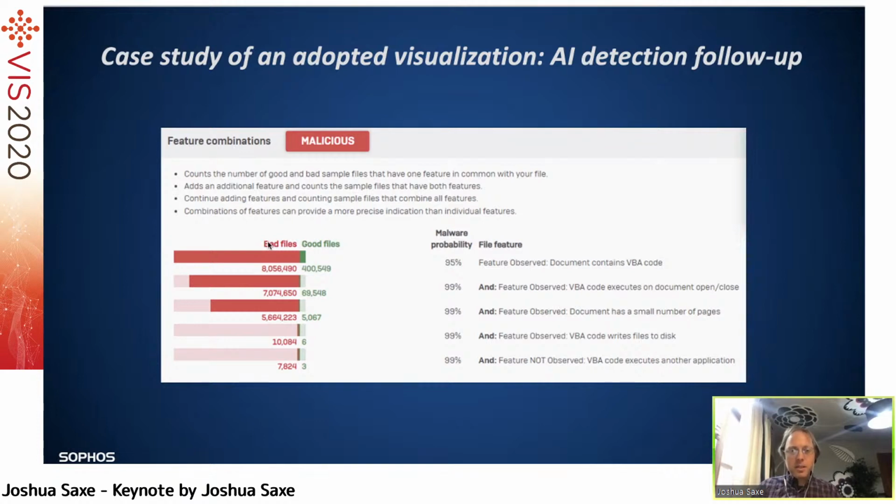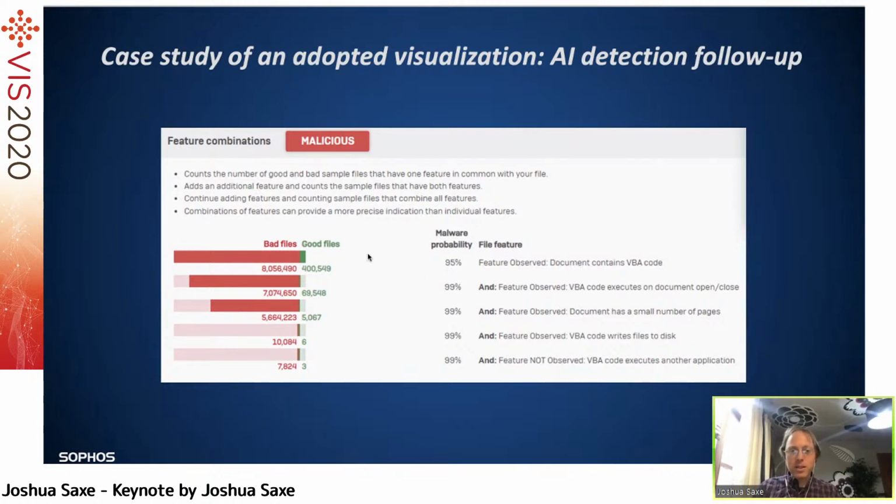This is a kind of decision tree visualization. What we're showing them is that we saw this feature. This is a document. It contains Visual Basic code. Of the files in our training sets, 8 million files that have VBA code are malicious. 400,000 are benign. And we've normalized these counts so that they're 50-50. But basically, you can see that it's a visual representation of the conditional probability the file is malicious based on